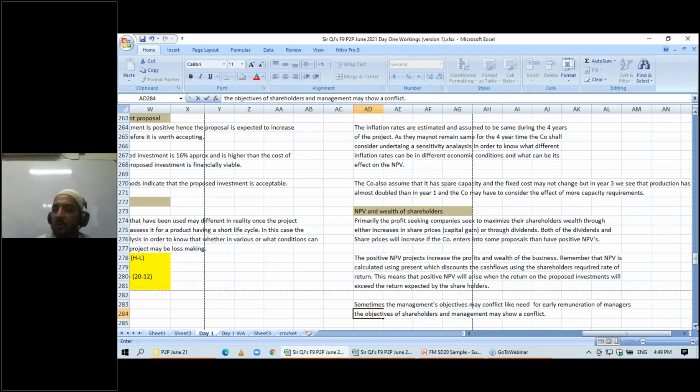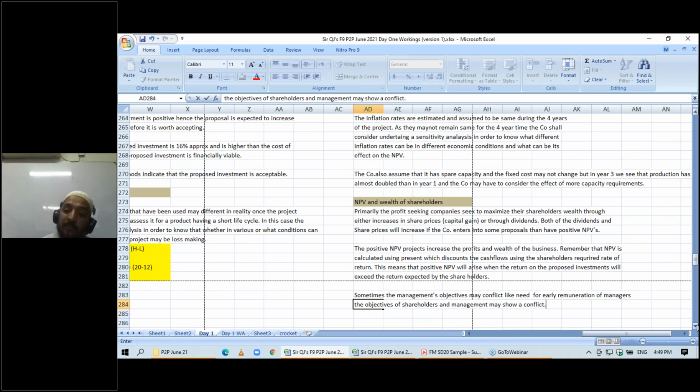Okay, so it may show a conflict, and sometimes this also happens, that managers may go for a negative NPV project in the short term for 4 or 5 years to gain a good market share. But that negative NPV may reduce the wealth in the near future, but in the longer term,